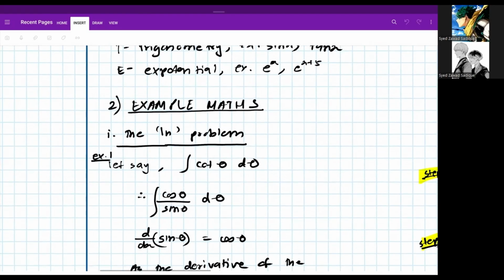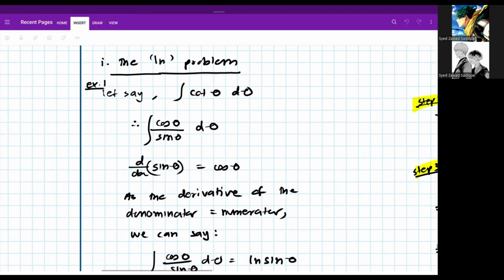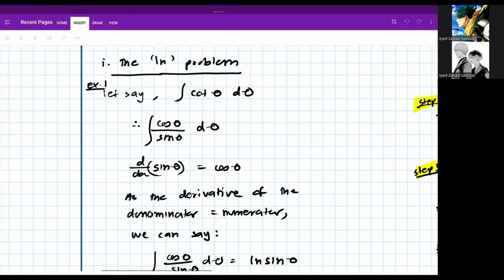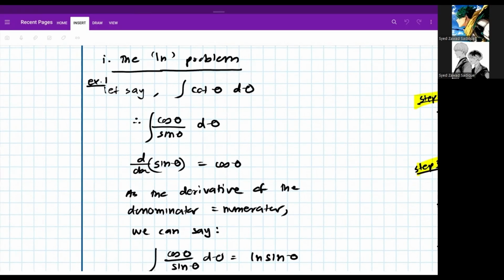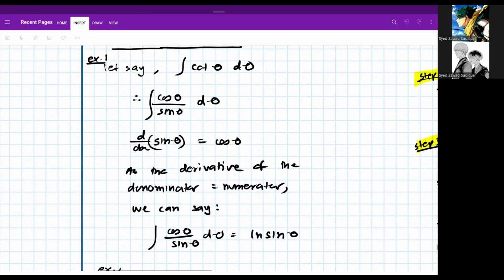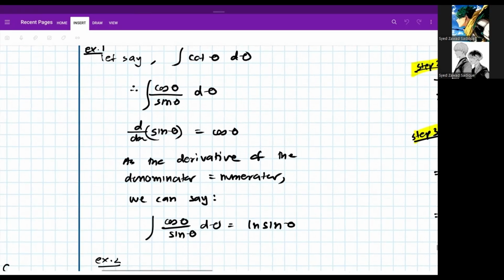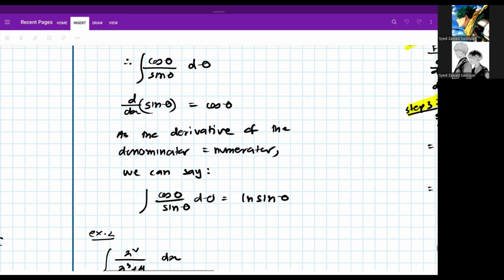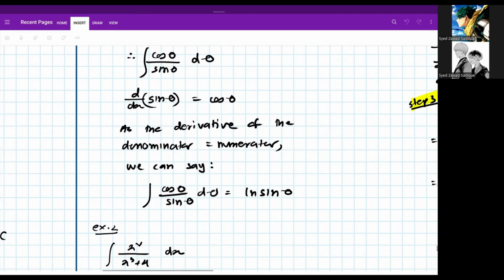So example maths. Number one, the ln problem. I'll give you two examples for the ln problem. Let's say integration of cot theta d theta. We can say cot theta is equal to cos theta by sine theta d theta. Now, if we differentiate sine theta, we get cos theta. Now, as the derivative of the denominator is equal to the numerator, we can say integration of cos theta by sine theta